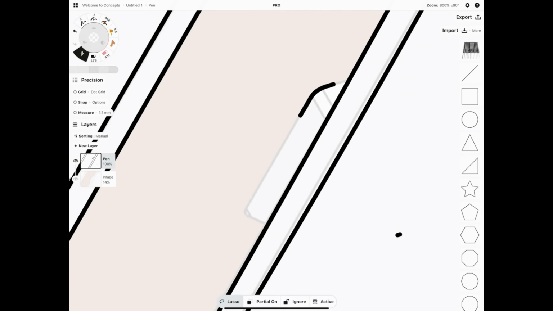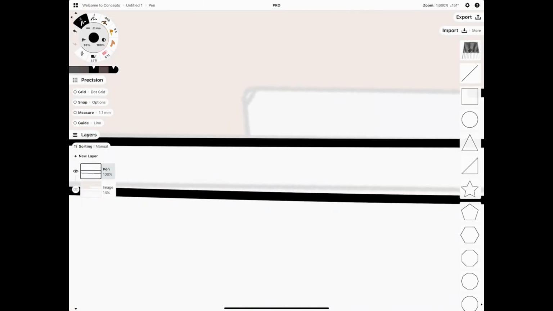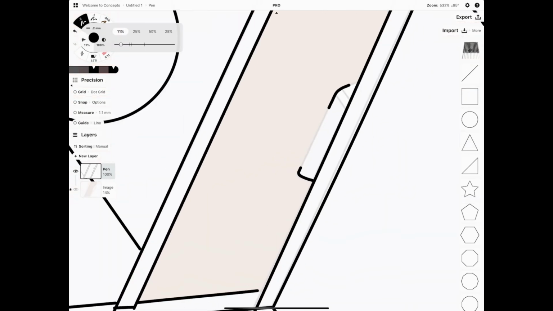I don't know what happened to the thing I just drew. It just disappeared. Okay, one more time. Changing the smoothing there, okay. And connect,